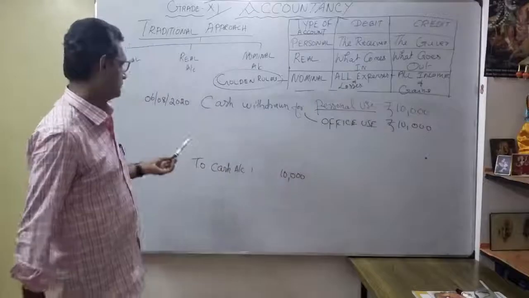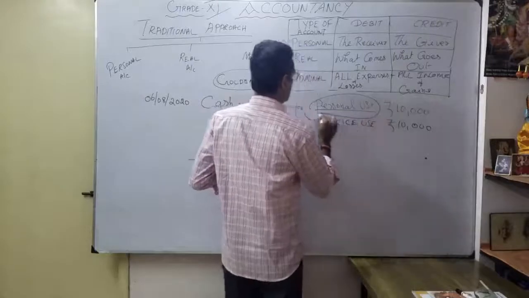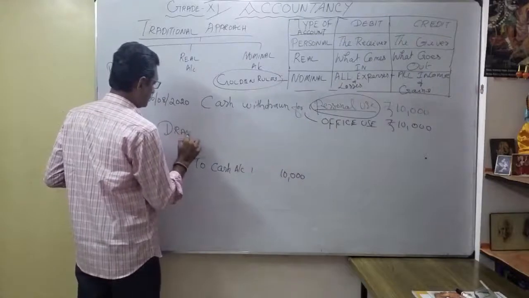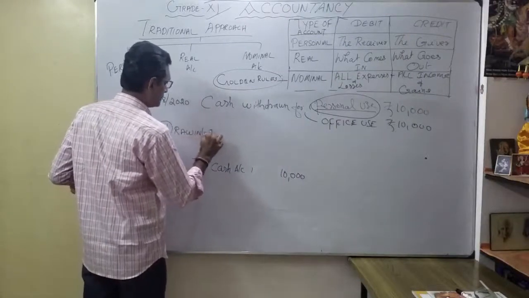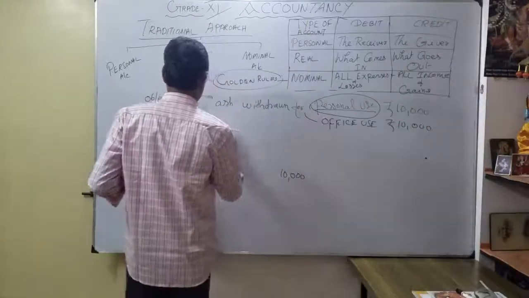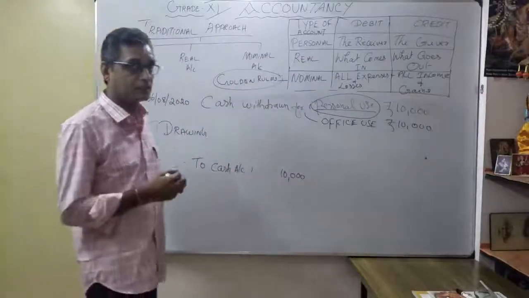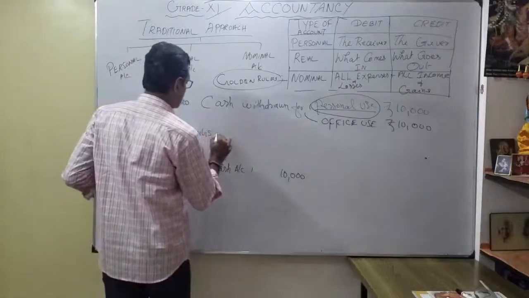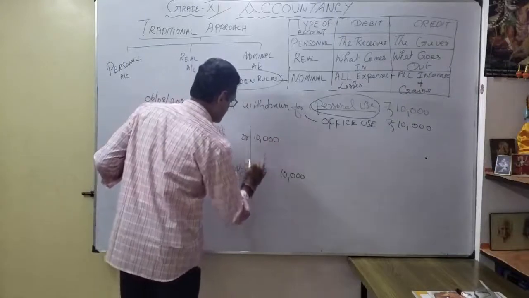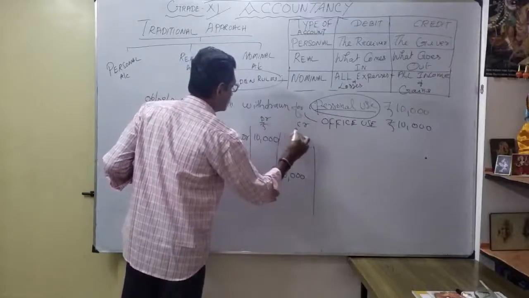Okay, that is very important. So what should be debited? This is a very important word, personal use. So I'm going to debit what? It is called drawings account. Okay, it is called drawings. It is very important when you are accounting. So what is the meaning of drawings? Whenever the word drawings comes, drawings account debit 10,000. So debit, credit. Now understood.